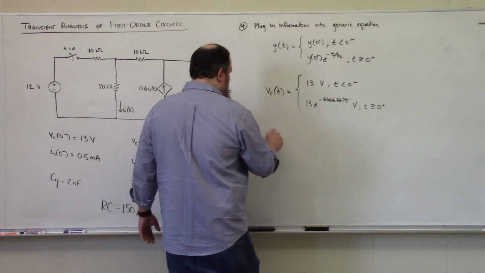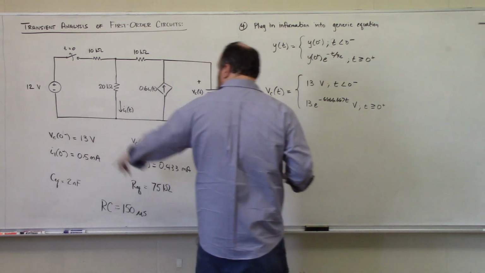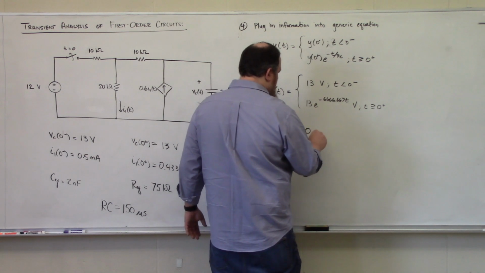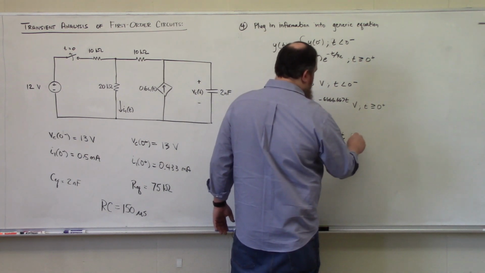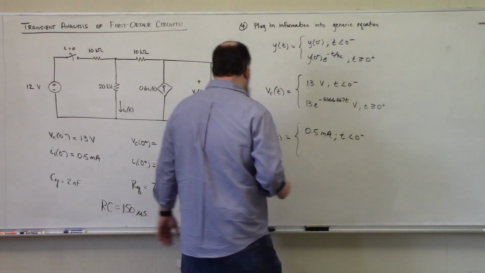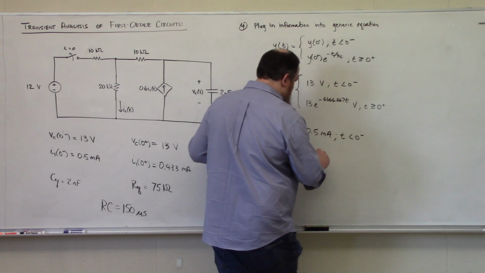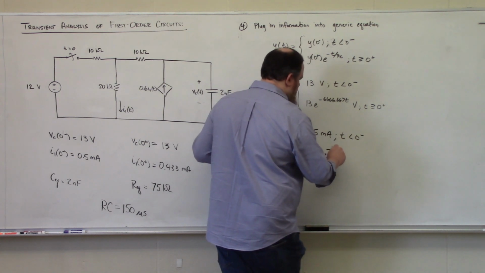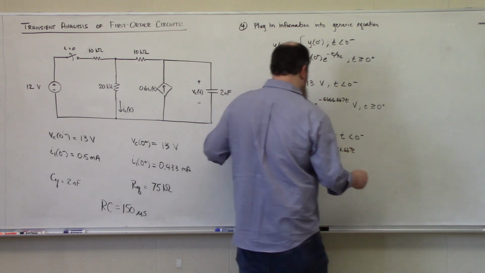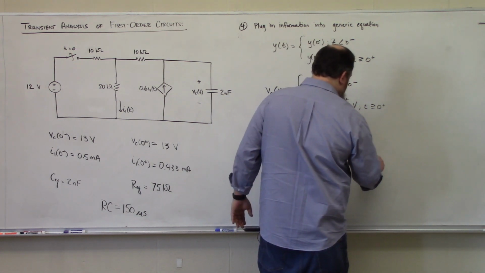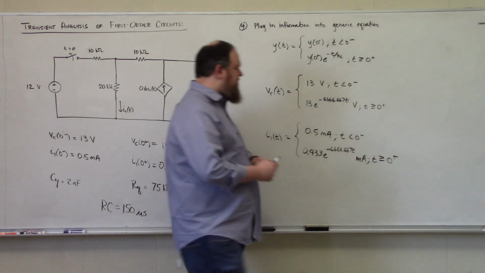And my current I1 of t is 0.5 milliamps for t less than 0 minus, and then 0.433 e to the minus 6666.667 t milliamps for t greater than or equal to 0 plus. So